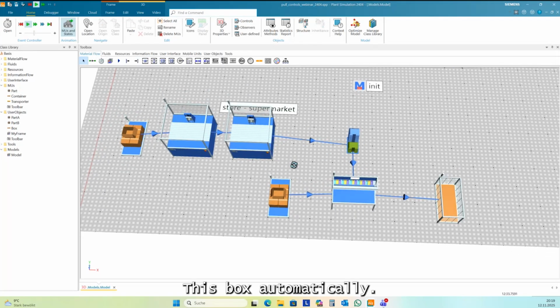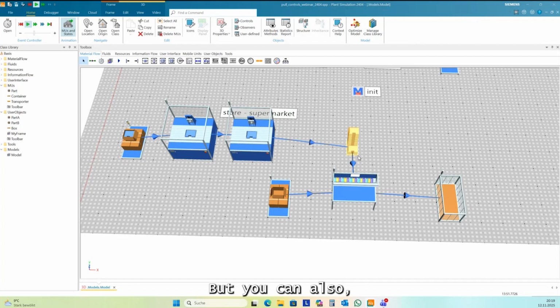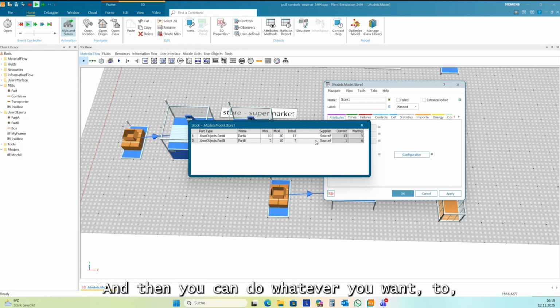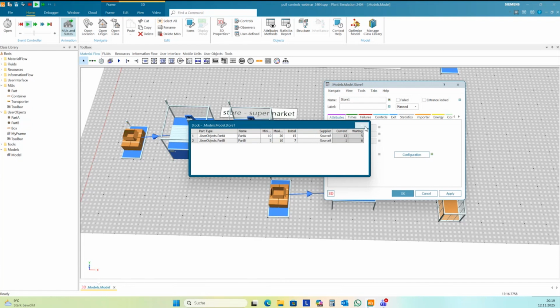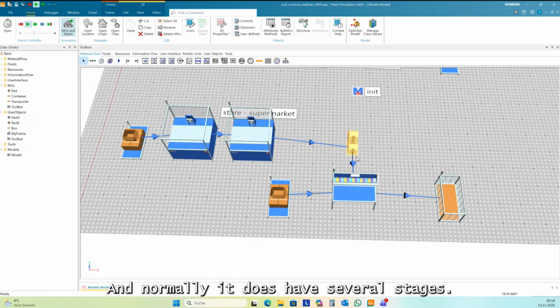This works automatically. You don't need to program anything, but you can also set here as a supplier a method, and then it calls the method, and then you can do whatever you want to fill up the store again. And normally this has several stages.